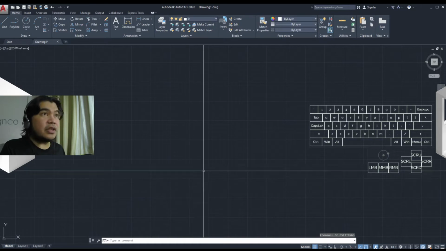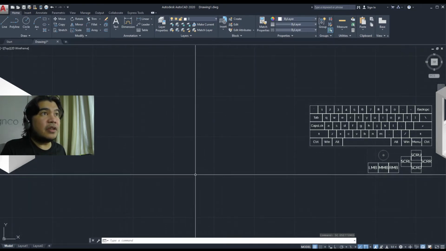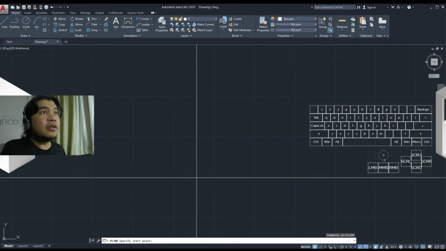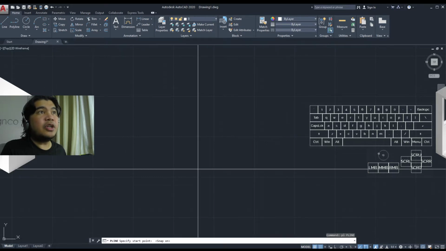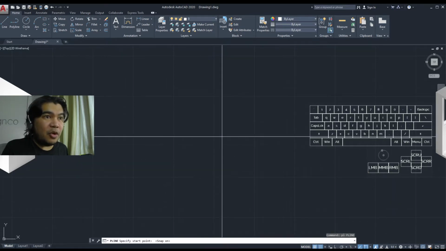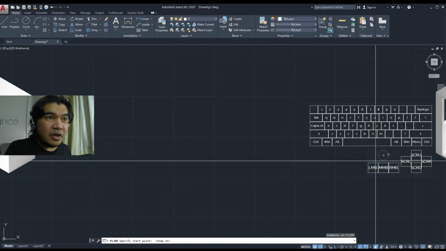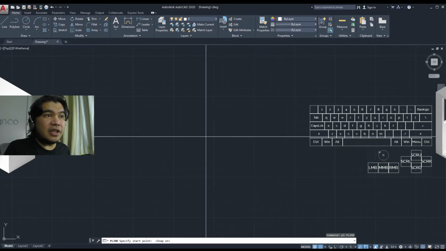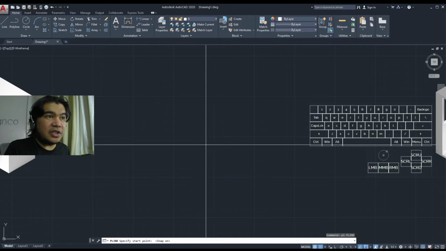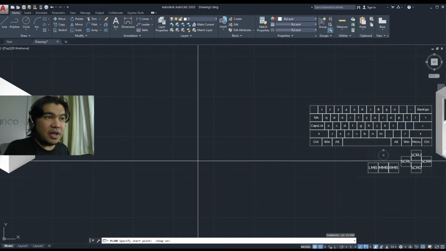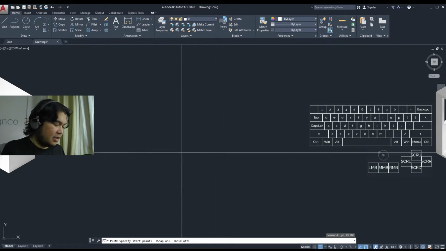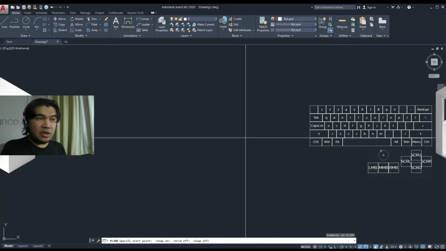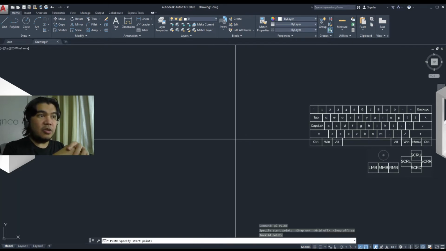So let's cancel out of this and turn snap on. Oh, I turned it off. Okay, so this is with snap on. You can see that my mouse over here is moving really smoothly, but our cursor is not because it's snapping to the grid, and you can see the grid behind us. And we can turn that on and off by F7, but it's still snapping because that's just how snap to grid works. All right, let's go back to the settings